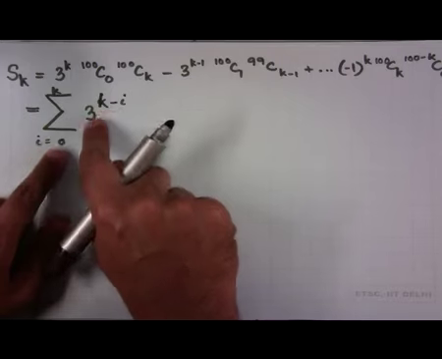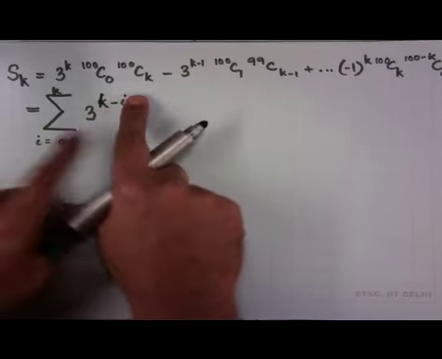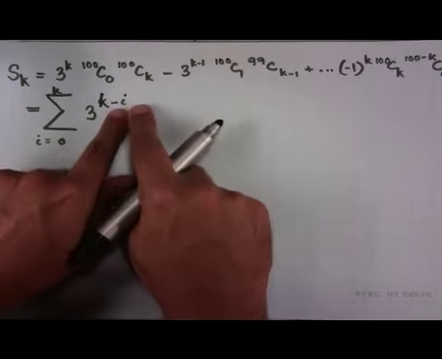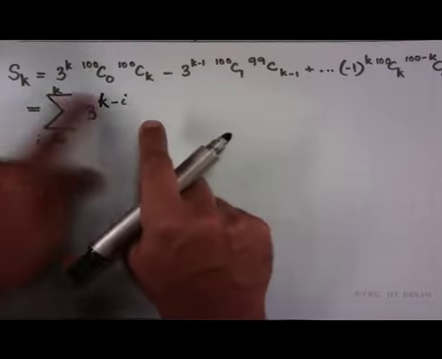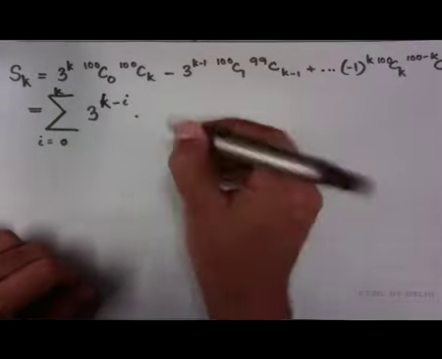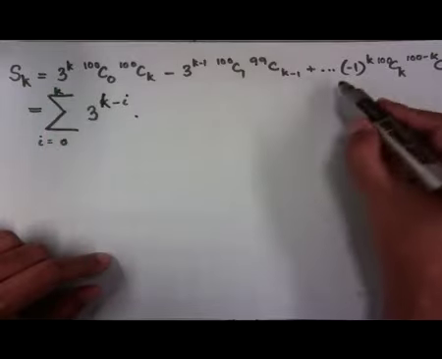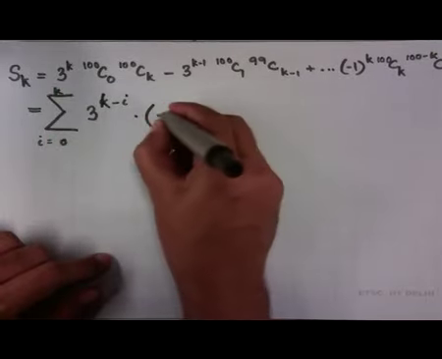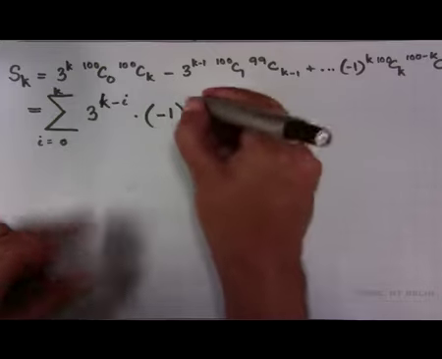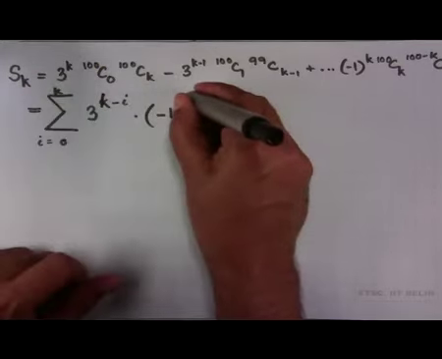So, when i is 0, I get 3 power k, then 3 power k minus 1, 3 power k minus 2, etc., all the way till 3 power k minus k, that is 3 power 0. Then this times there is a minus, it alternates plus minus plus minus. So, the 0th term is positive, next term is negative, and so on,